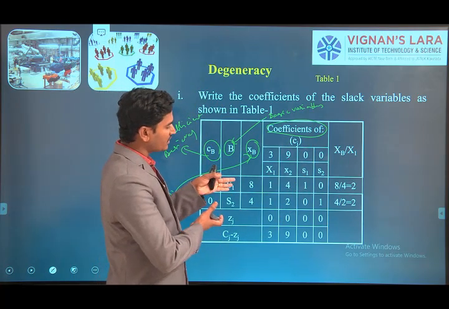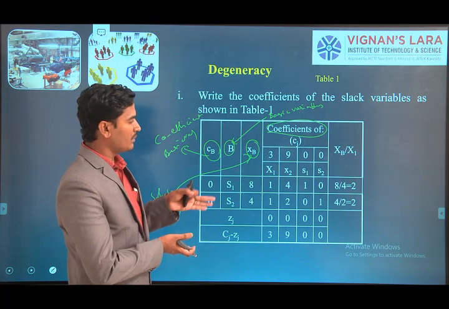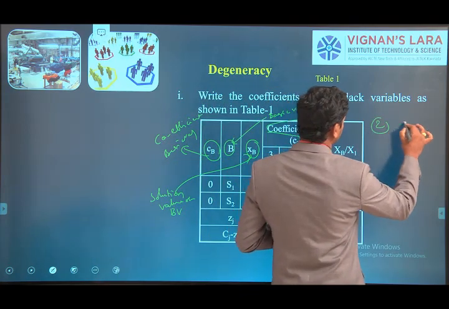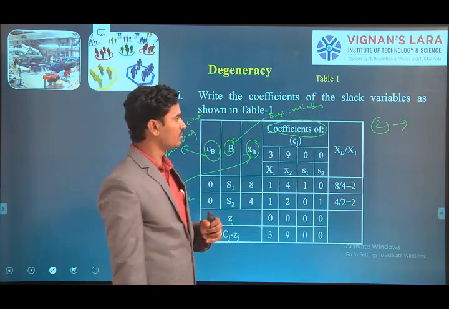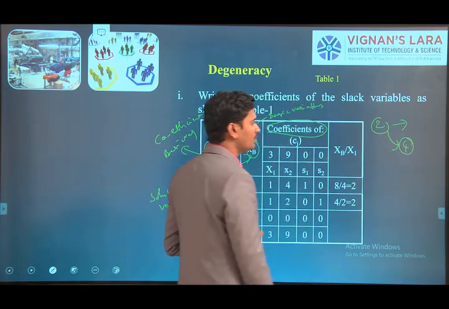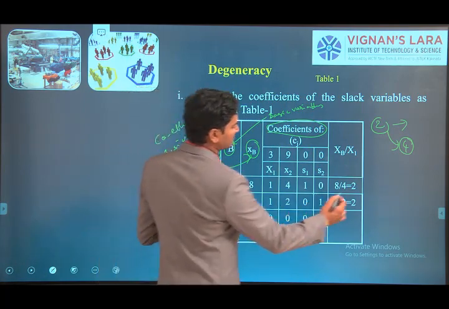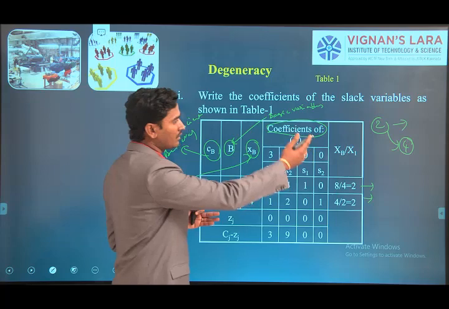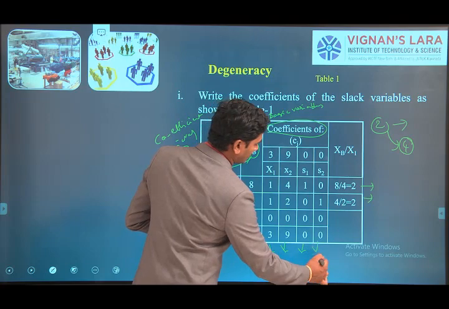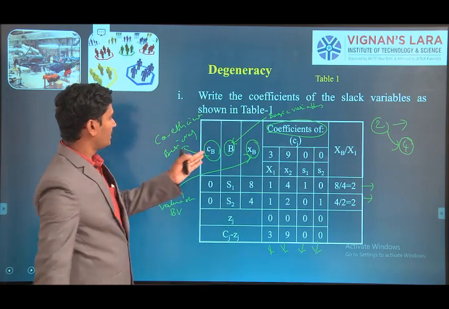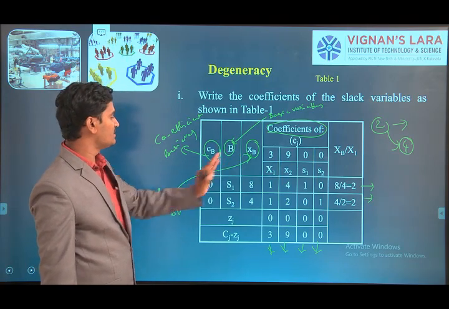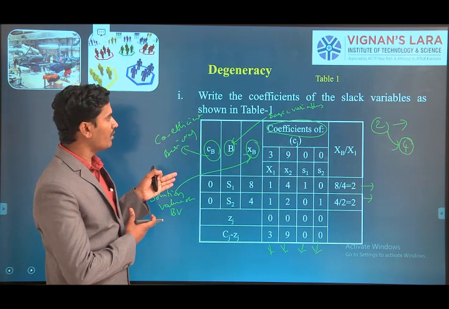Here the columns and rows depend on the linear equations and the objective function. We have two linear equations, and each contains three variables. From these two we have four variables: two non-basic variables and two basic variables. Since the linear equations are two, we take two rows, and since the variables are four, we take four columns. The remaining columns are the coefficient of basic variables and the solution value of the basic variable, the initial basic feasible solution. This is the standard form of the simplex table.